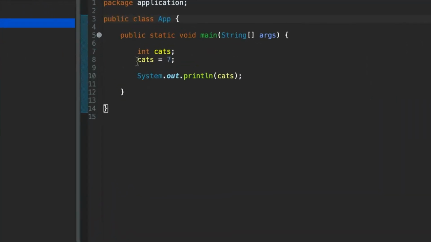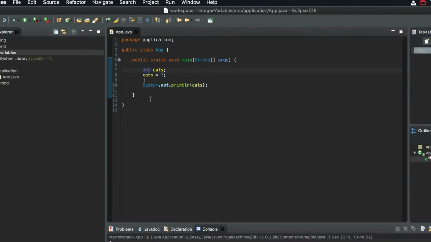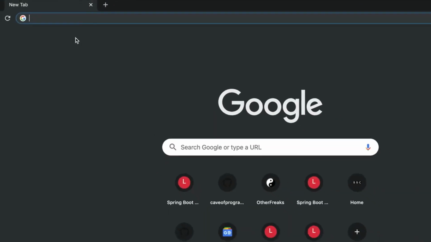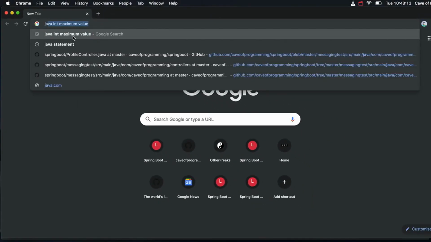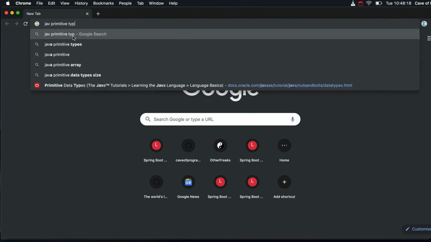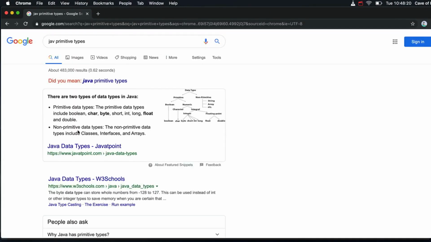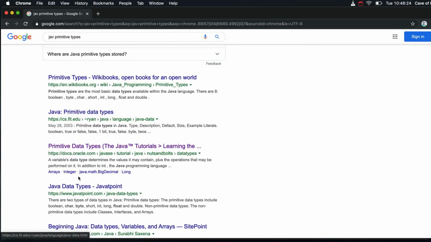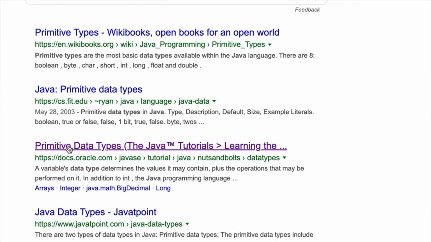Incidentally, you might wonder what kinds of variables there are in Java, and we're going to be looking at that in the course. But for now, I just want to direct your attention to a page. If you type into a search engine Java primitive types and maybe click on one of these links, let's go to the official Oracle documentation, primitive data types